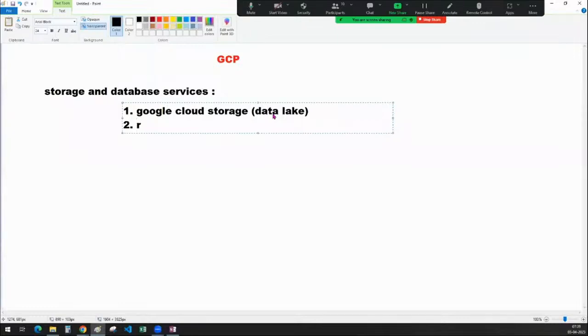For the RDBMS solutions, we have Cloud SQL and Cloud Spanner, guys. So we have two services which are considered RDBMS solutions, Cloud SQL as well as Cloud Spanner. What is this Cloud SQL, guys?